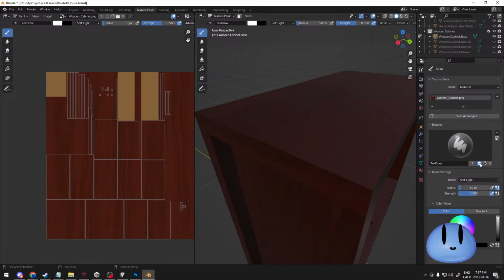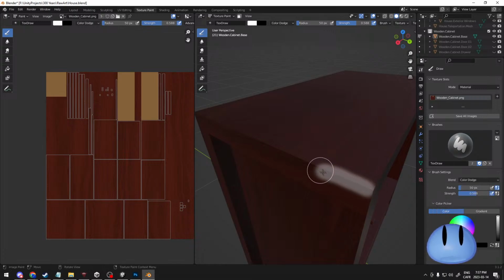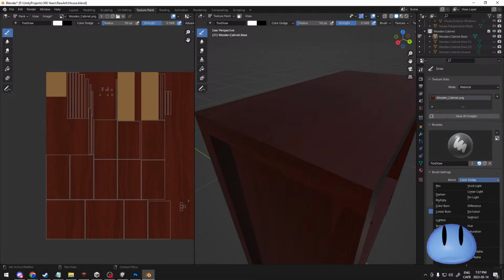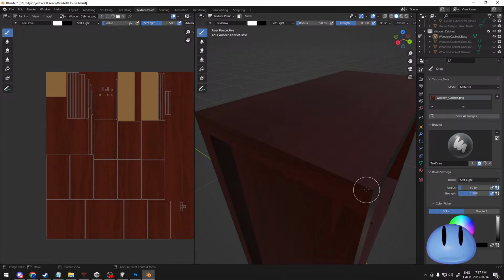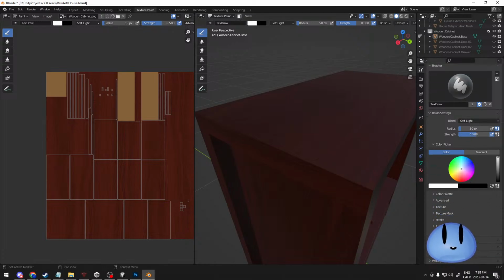Oh, this is really interesting. What about hard light? Oh, that's a little rough. Hard light, it's a little rough. Color dodge. Okay, okay. I'm sure there's better ways of using this. Color, gradient, advanced, masking, symmetry, workspace. Oh, they seem like really, really strong tools, and I'm a little tempted to attempt to use